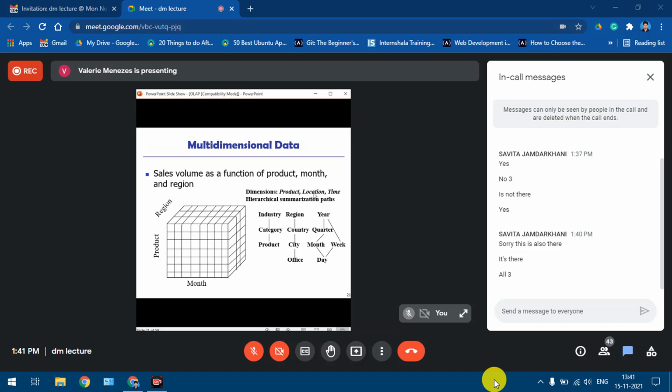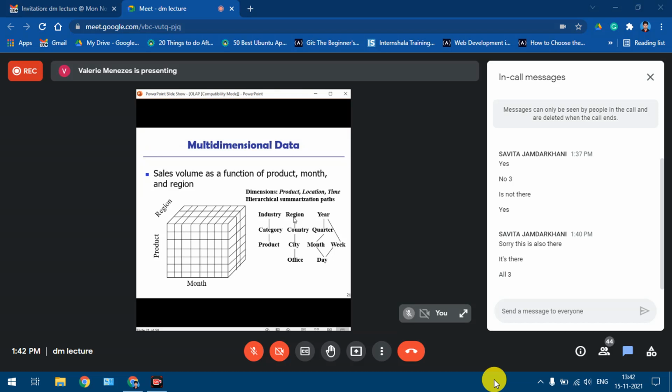So this is what is given as a concept hierarchy. Now for product, the industry, meaning the company to which it belongs, can be summarized to that level, then it can be represented in terms of categories, or the individual product. For region, we have the hierarchy from office location or street location to city location to country, and finally the entire region.